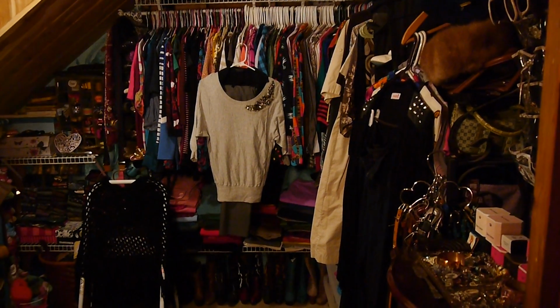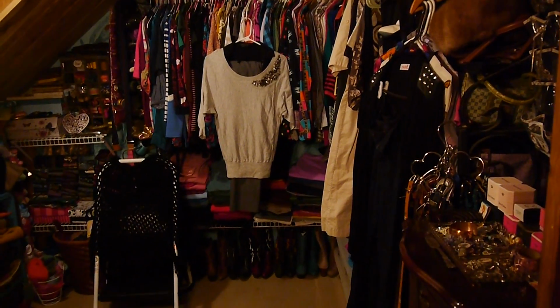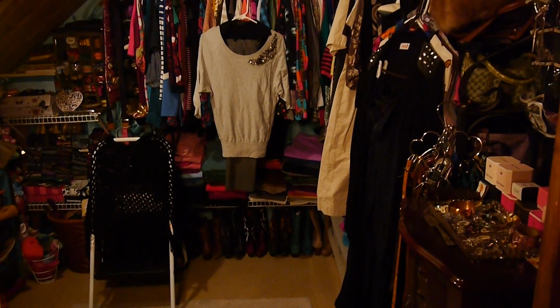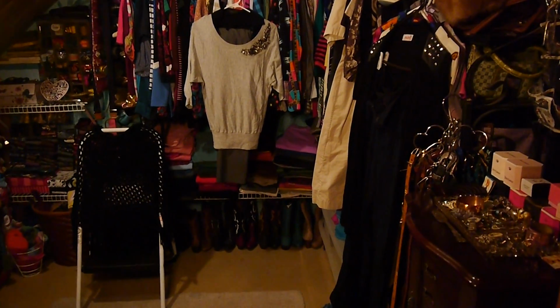Welcome to my closet. I've been promising you guys a closet tour for a while, and I wanted to finally bring you in here now that my closet is mostly clean. So I will start at the beginning,